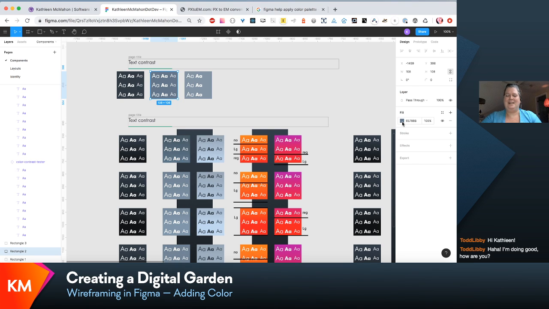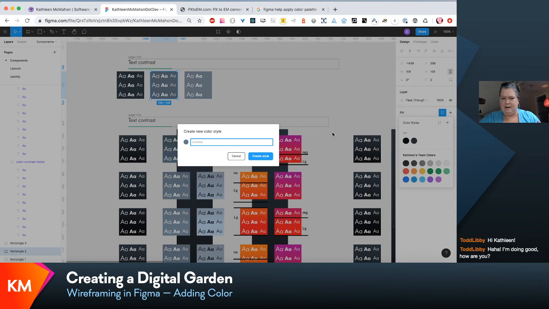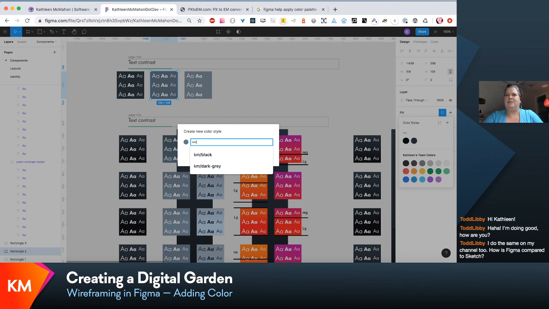I'm doing well, Todd, and I have a habit of looking down at my screen and not up at the chat channel. I'm here working on a digital garden, and I'm not sure if you followed my progress, but I've been waiting patiently for Figma to take my styles and add them. Can I just add, is that the way to do it? I'm trying to figure out,